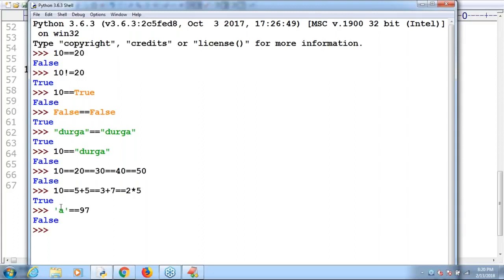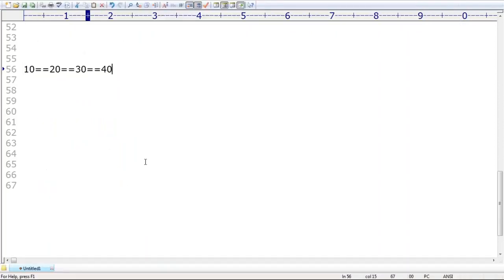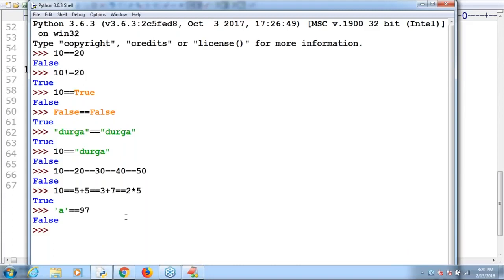Okay, that's all, sir. This chaining concept is applicable for all. Now I have one more small doubt, sir. Divya asked one doubt: this double equal operator never going to raise any error, is it true or false? Because almost all conditions we checked, except complex numbers. Let me check that possibility also.